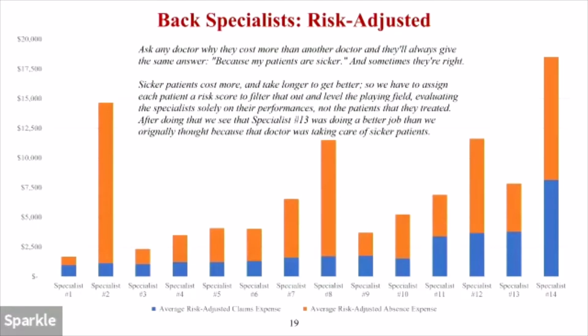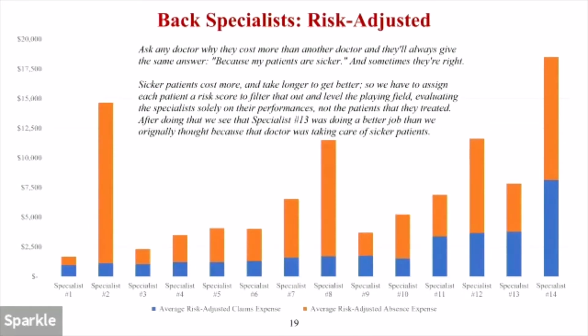So when we risk adjust the patients, this is what we get. Now specialist 13 looks a lot better than they looked before because they were taking care of sicker patients who we would expect to cost more and take longer to be better. Specialist 13 would no longer be 13 out of 14. They'd be 10 out of 14 if we re-ranked everybody